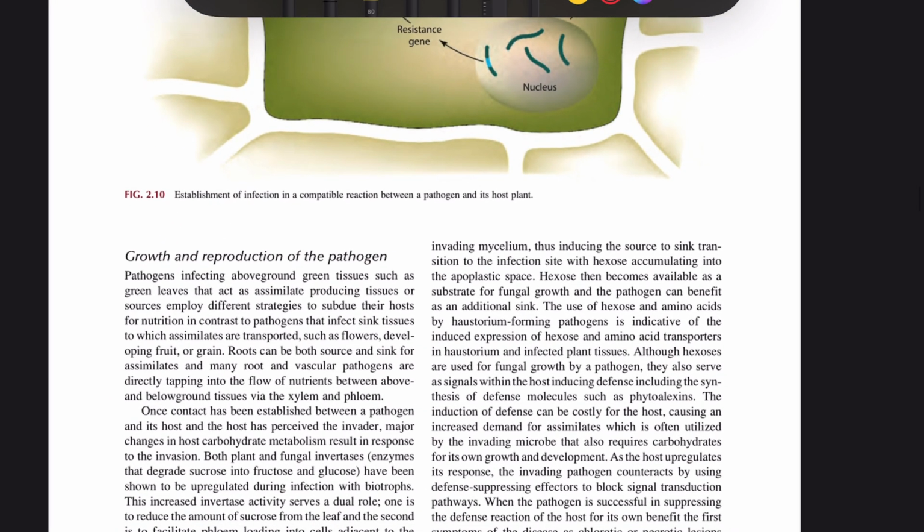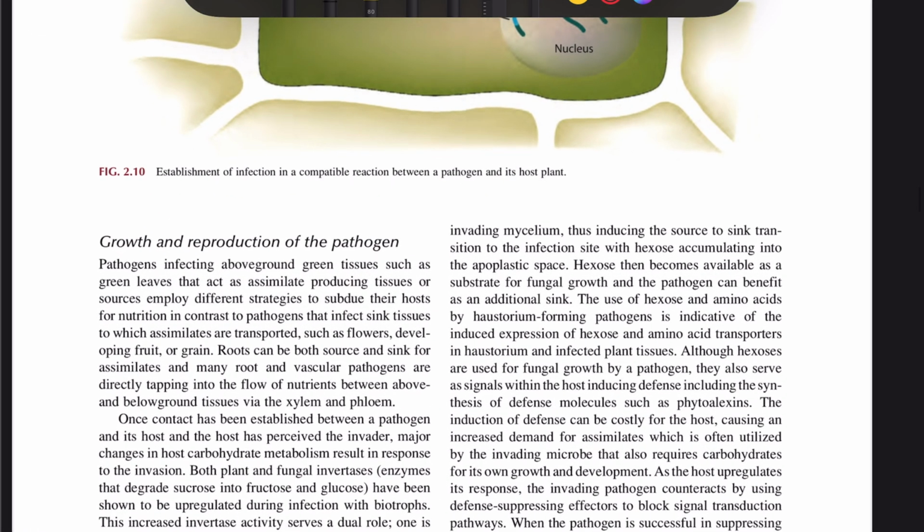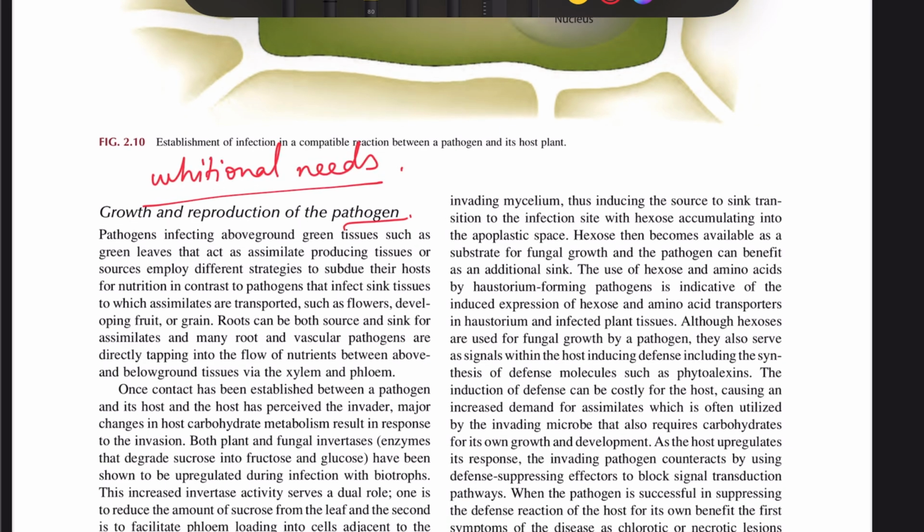The growth and reproduction of plant pathogens. Pathogens infect different parts of the plant based on their nutritional needs. Now, what they're saying, pathogens infecting above ground green tissues such as green leaves that act as assimilate producing tissues or sources employ different strategies to subdue their host for nutrition